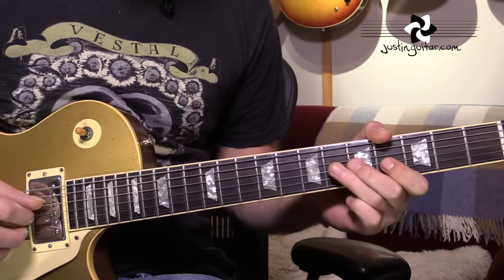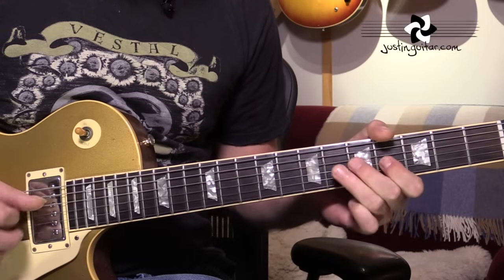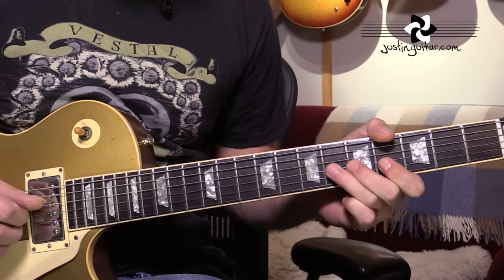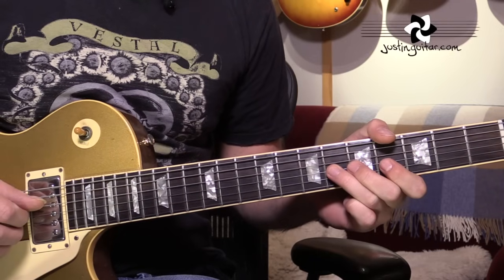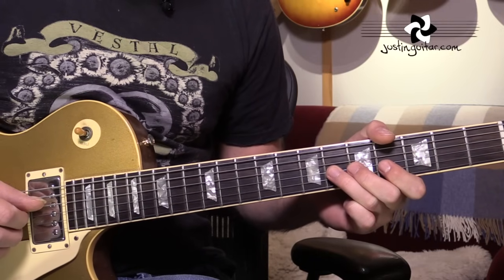Again, in the little intro I did the little lick there, which comes from a different part of the song, just to make it sound like it was working. So we're into verse 1 now. So the first lick, these mist-covered